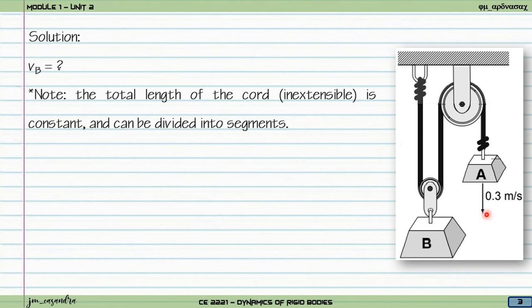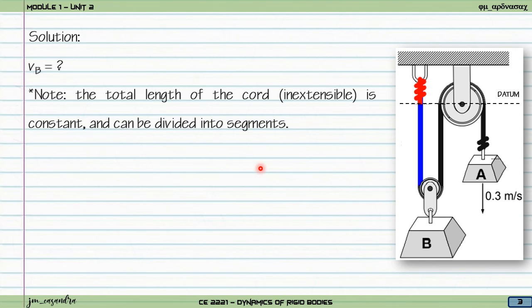With that assumption, we can divide the length of the cord into several segments. In doing that, we now set our datum at the center of the bigger pulley. That's our datum. From there, we'll have the first segment,